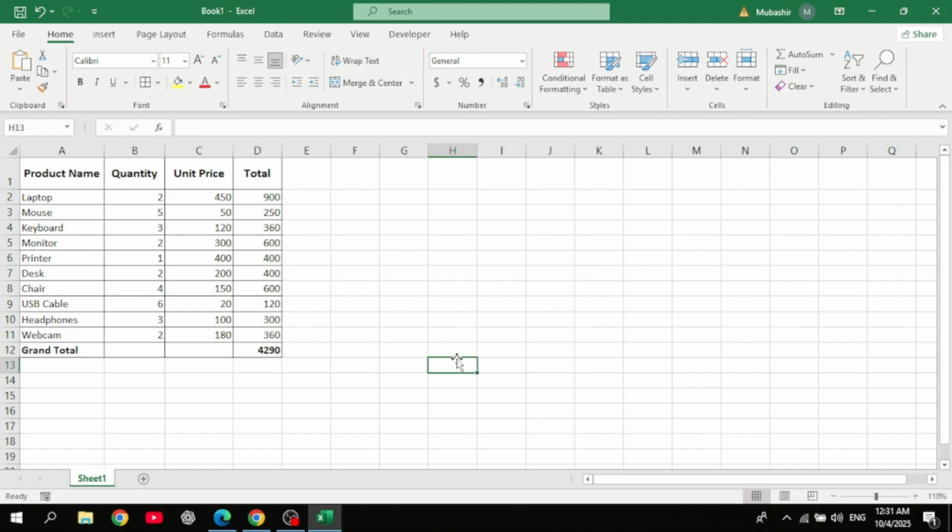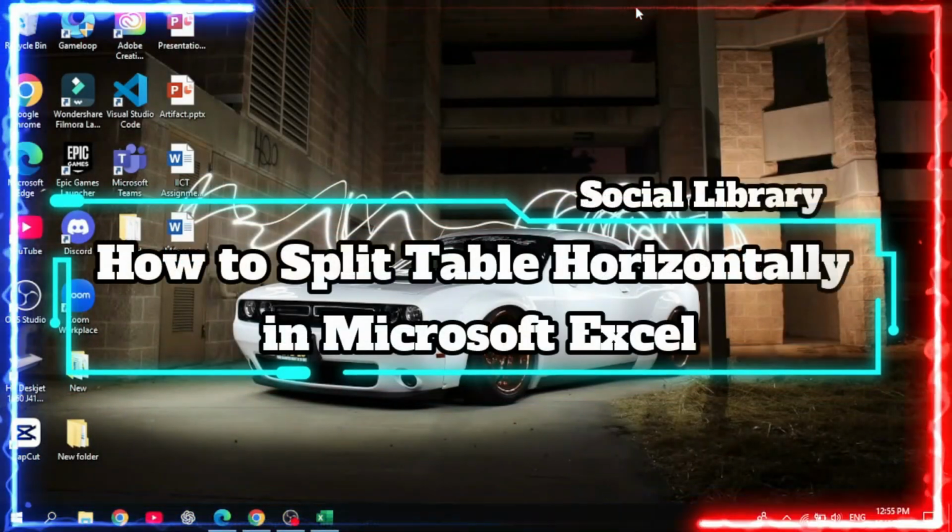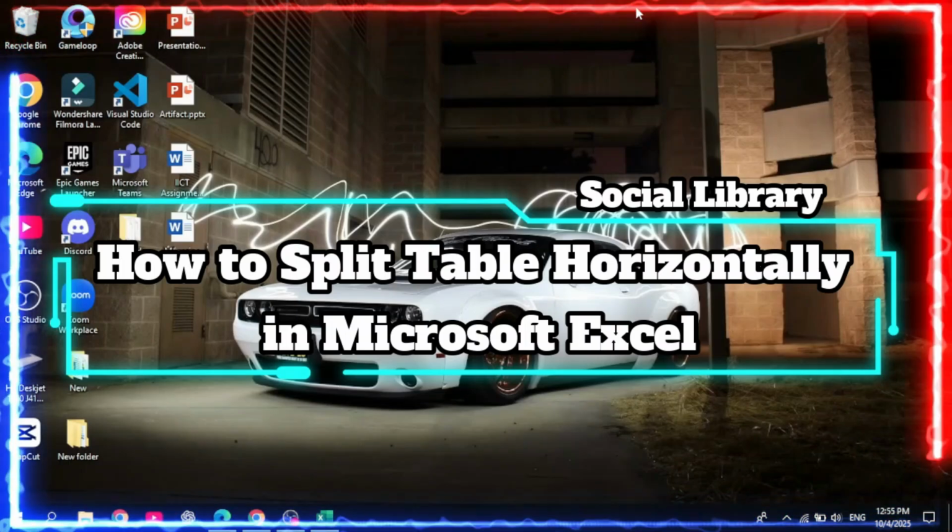This way, you've built both row totals and a final total for your entire dataset, saving a lot of manual work. And that's it. Hey guys, welcome to this quick tutorial where we'll explain how you can split a table